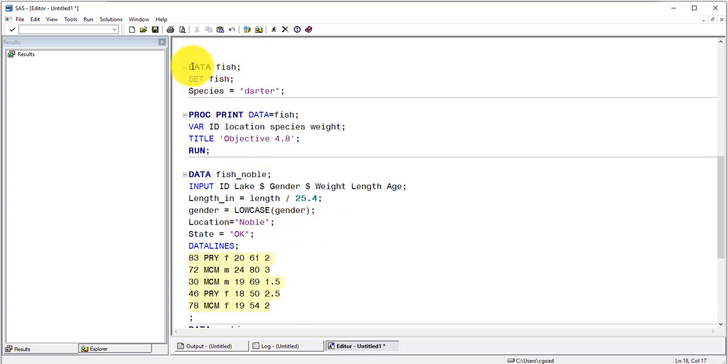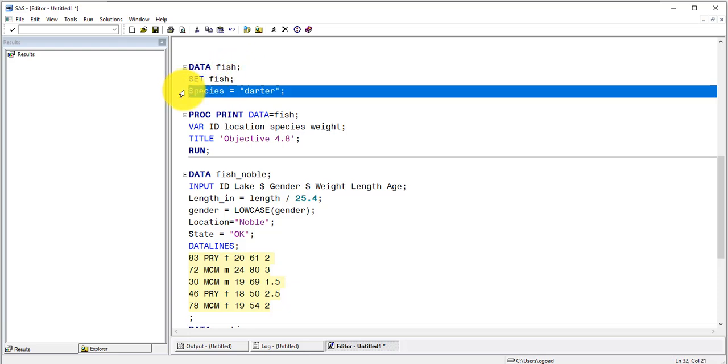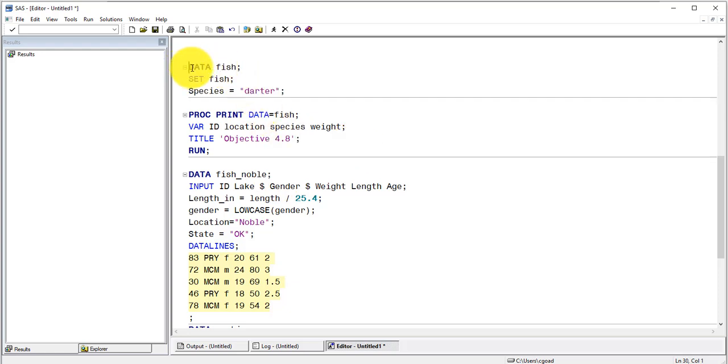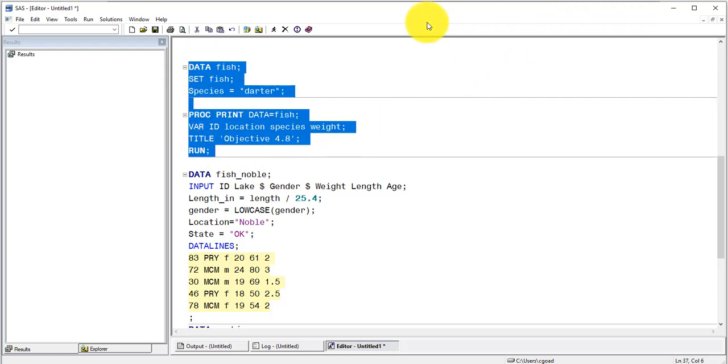So this says get the existing dataset fish, set fish, get the existing dataset fish, and we're just going to write over it on top of it. And the addition we're going to make is that it's going to have the species equals darter, and then we want to print it. Okay, and you see objective 4.9 is kind of peeking down here in the bottom. We'll get there in just a little bit. So if I just highlight this information and run it,